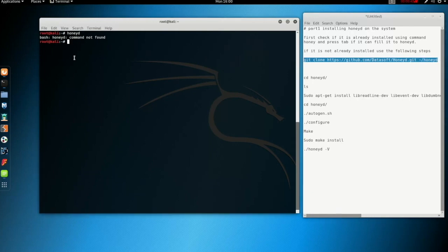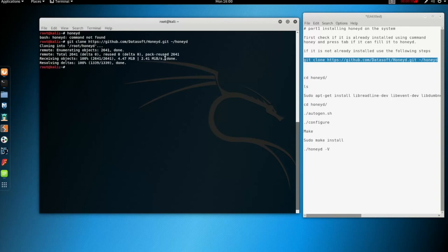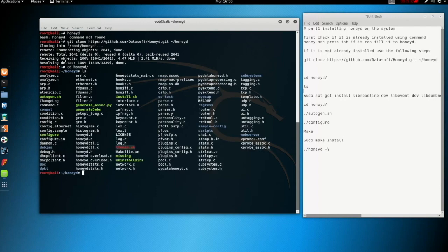GitHub link, and let's copy and paste this link with git clone, and then press enter. It will be cloning into the root honeyD directory. And then after this we change into the honeyD directory using the cd command, press enter, and after this we can check with ls. So you can see that a lot of files have been created, like the autogen and configuration files. A lot of them have been created,